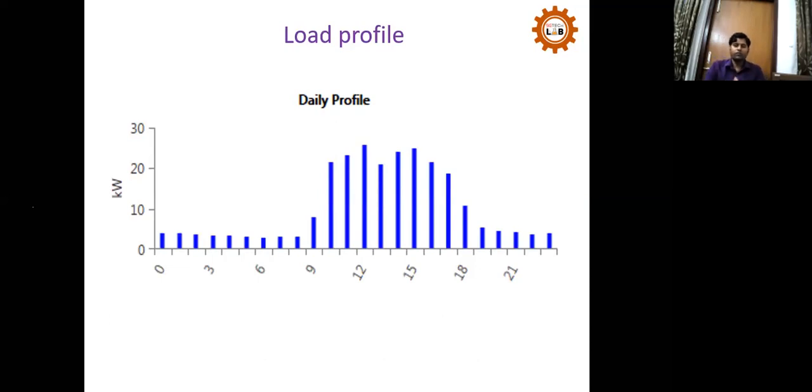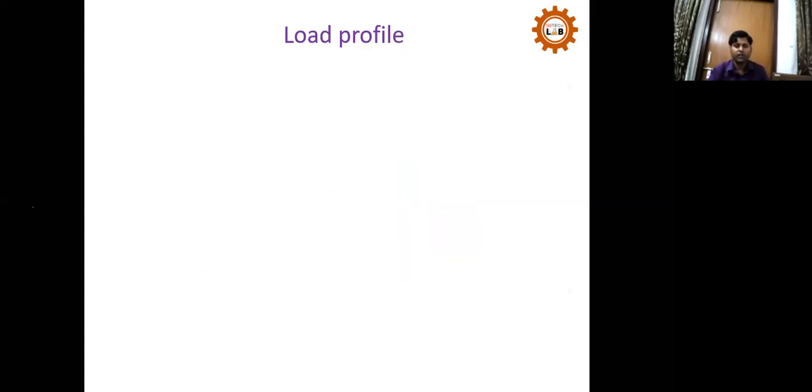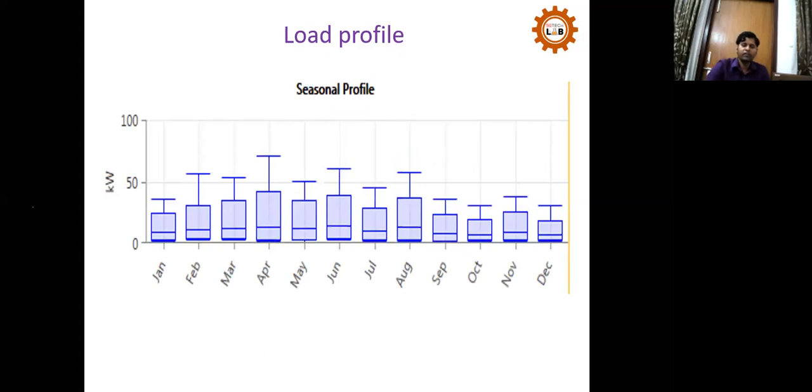So this is the power consumption of my building, how it is varying. In a 24-hour cycle, from night through the day, you can see how this load pattern is varying. During daytime you can see it is more, and for the full year we know the load pattern. So in different months, what is the average energy consumption, and what is the maximum in one day, and the minimum also, that is marked here. So we know the load consumption of this building.